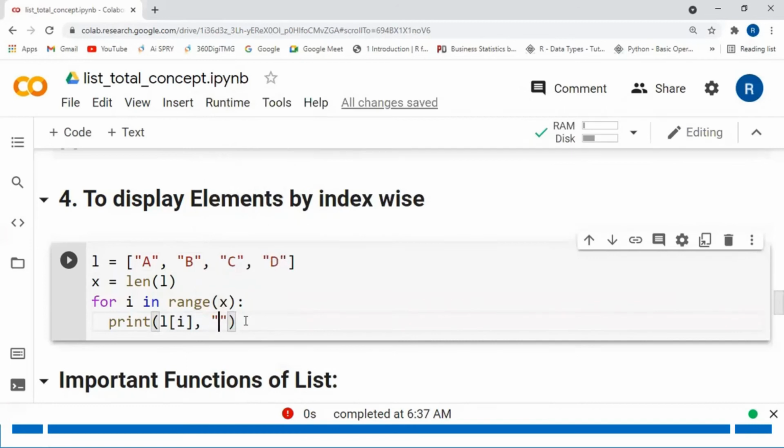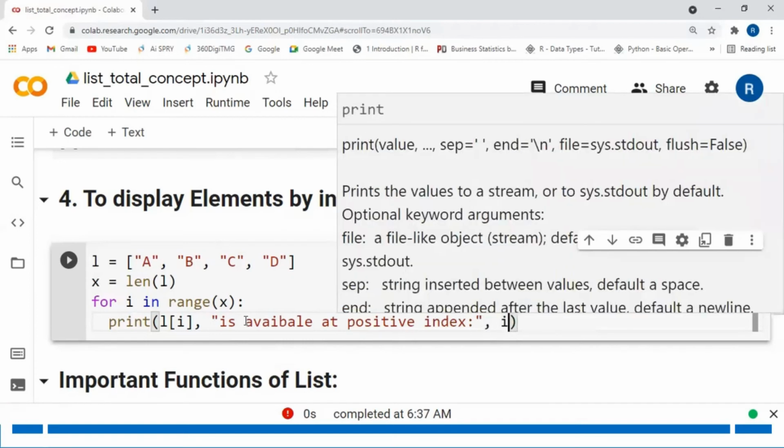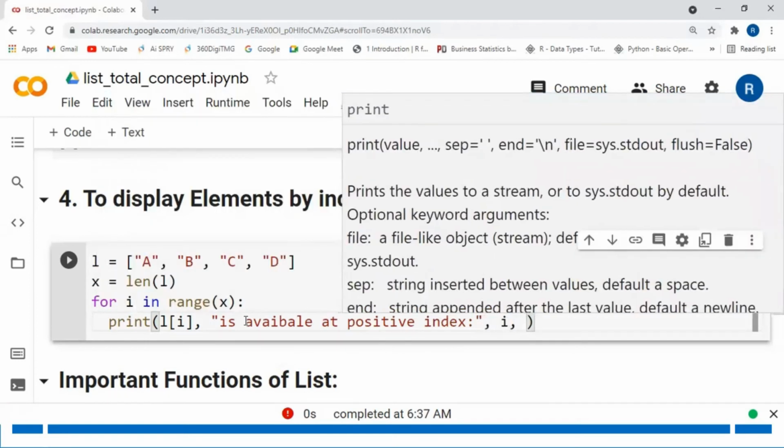Then I am printing the positive index position where the element is available, at positive index, where it is i. We have to take i here.